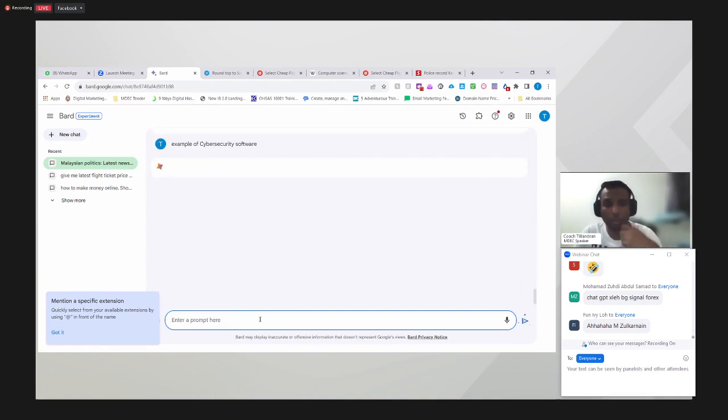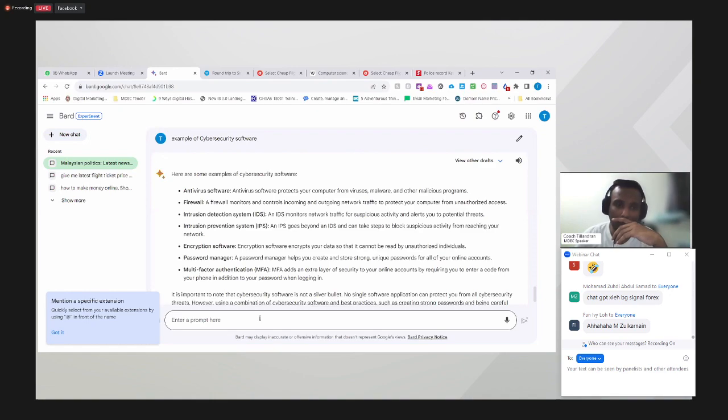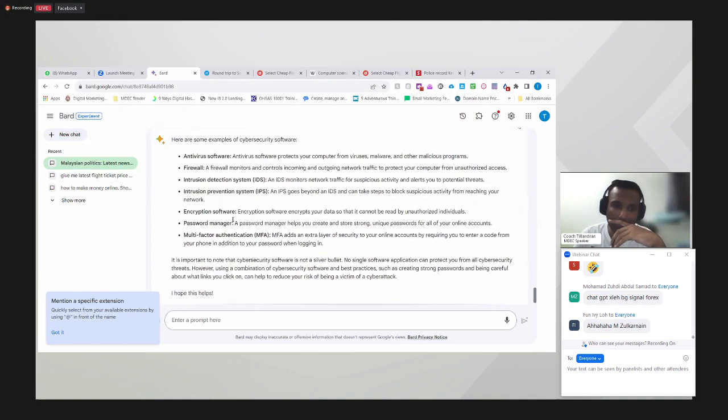Okay, for example, I want to learn, I want to know what kind of software there is in the market, so I can use this information for me to start building my business map, or business mind map we call it. And this is where I come up with the software. Then you have this, all technical, I think you might not understand this, IDS, IPS and all. All right, so these are some of the software in the market today in the field of cybersecurity.